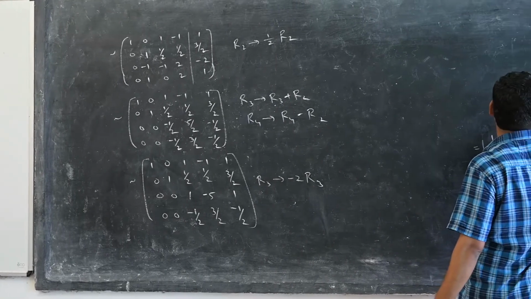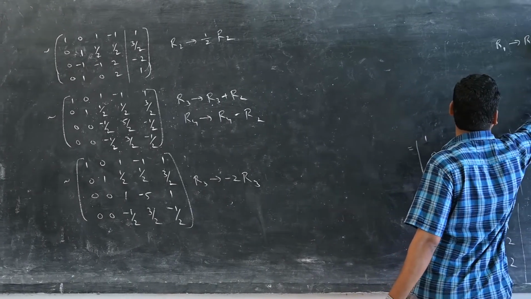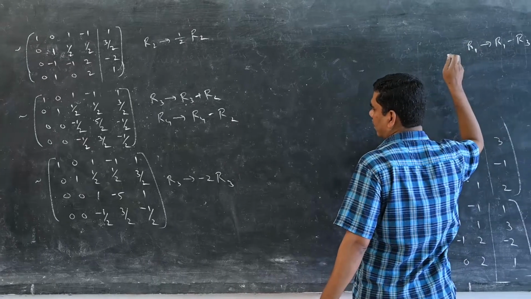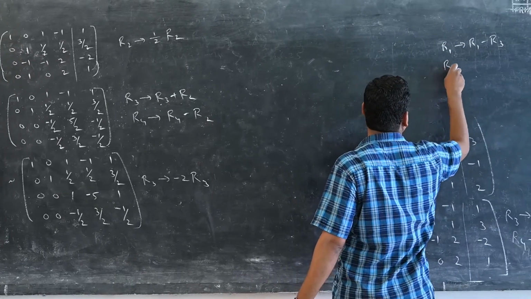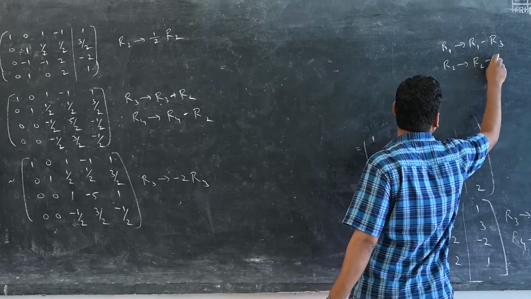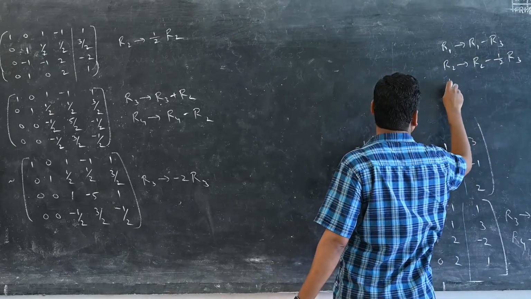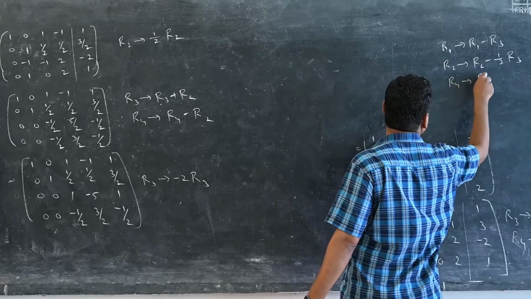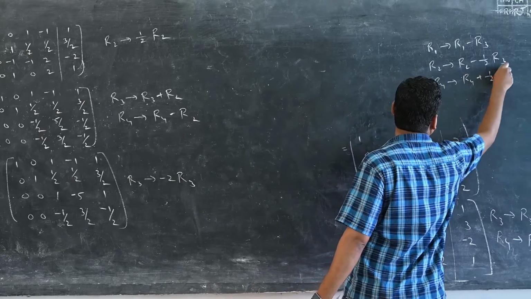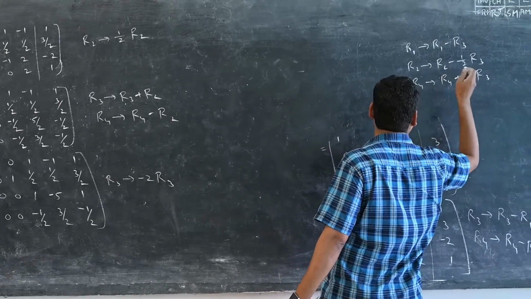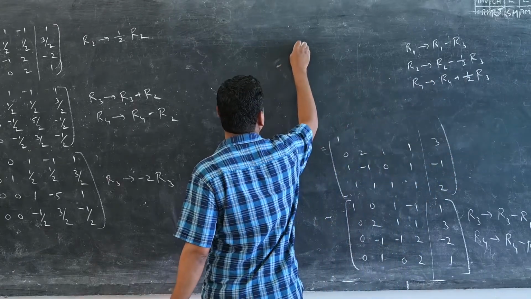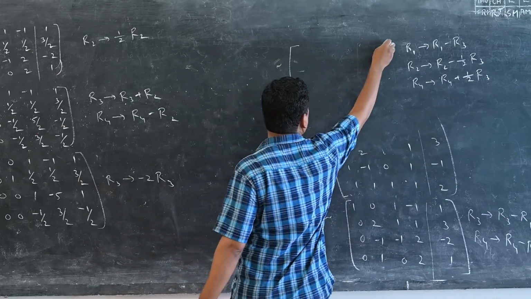R1 goes into R1 minus R3. R2 goes into R2 minus 1 by 2 R3. R4 goes into R4 plus 1 by 2 R3. So this is equivalent to